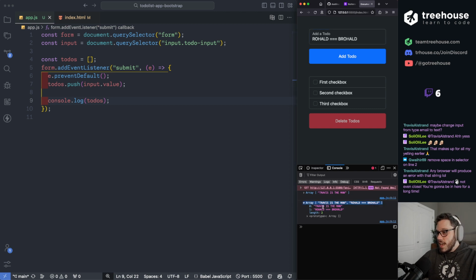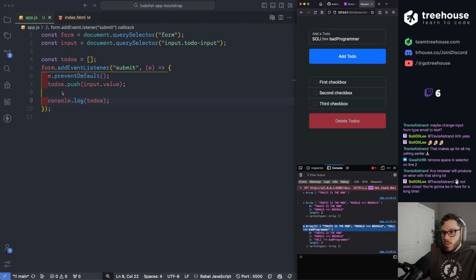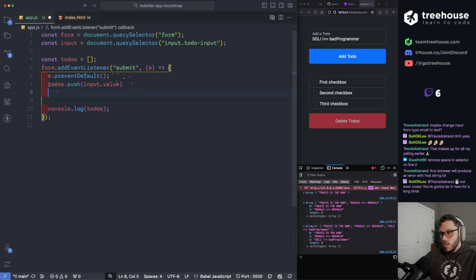Cool, now our array has both of those, and solely is not equal to a bad programmer because she's equal to a good one. Cool, so we're getting this array updated, which is what we want. So we should be able to create our,